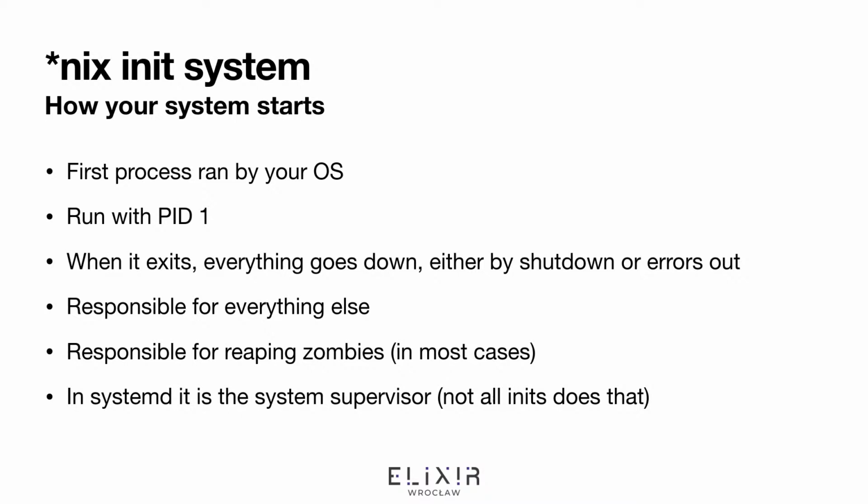In systemd, the process which starts as process identification number 1 is also the system supervisor, which is the process that starts all other processes. Different init implementations behave differently. For example, I believe in runit, the main process just starts another process that runs all other processes, and this has some